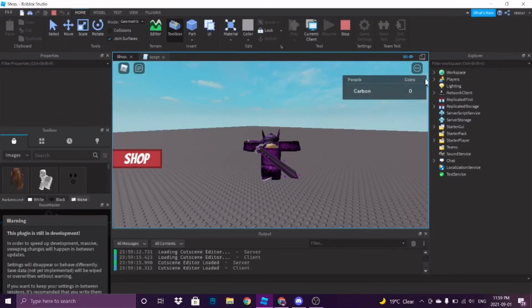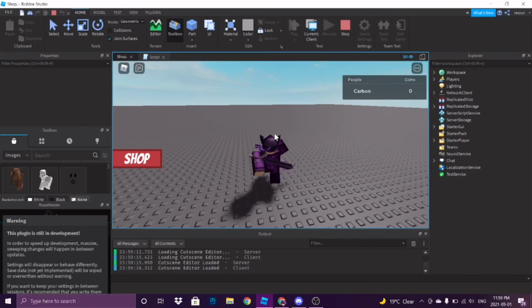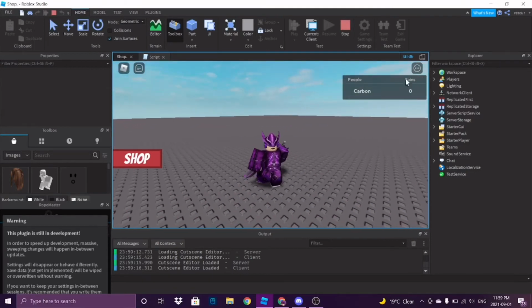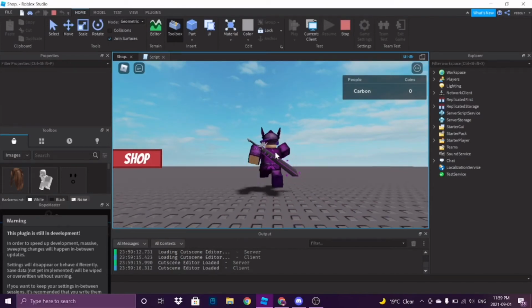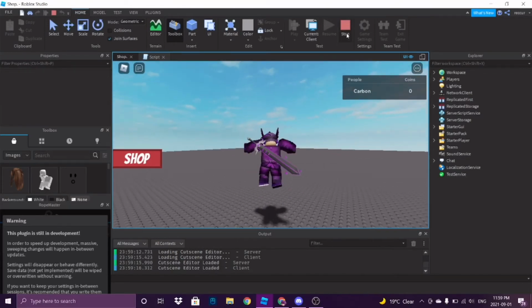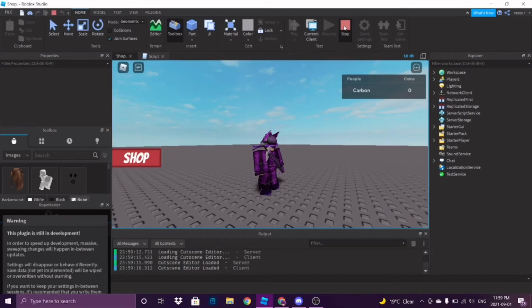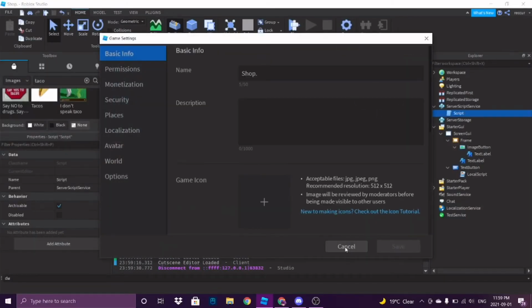Alright, as you can see, it finally works. Okay. But you see, there's coins, right? We have 0 because the value is nil. And yeah, so how can we give, well, we're gonna give ourselves some coins first so we can buy the